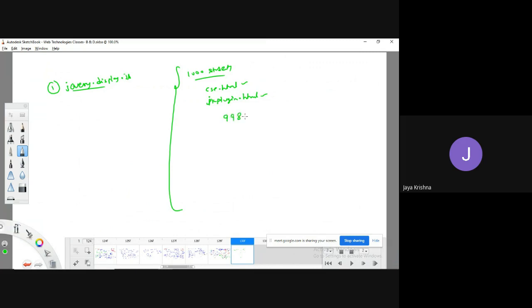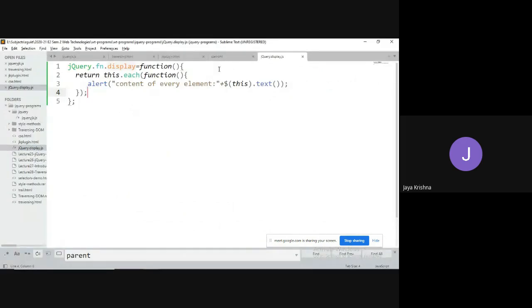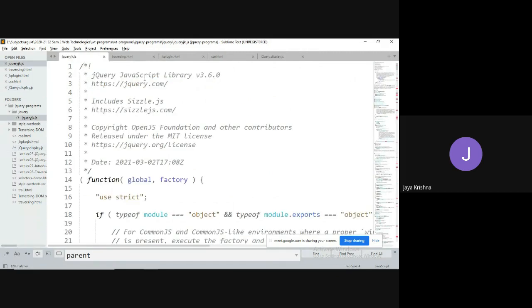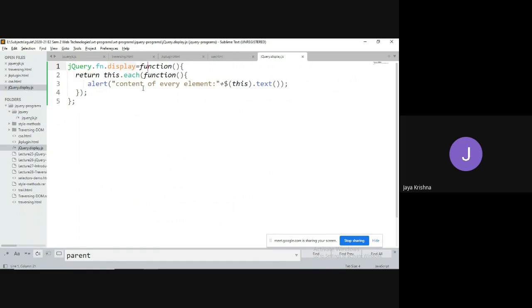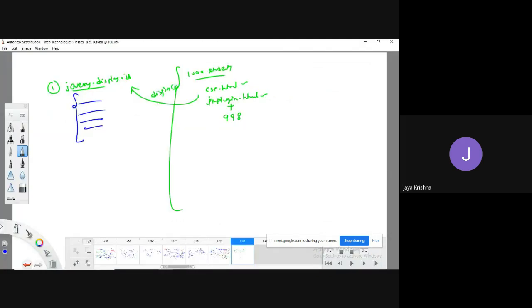Like this, if I have 990 more students also, they can simply connect to this file and call the display method. That's it. So all the remaining people have no need to write these extra lines of code every time. Guys, do you think there is any effect to the existing JavaScript library? No. Whatever code we write should not affect the existing JavaScript library. So it simplifies our time. That is the advantage of plugins. I hope you understood clearly. Thank you.